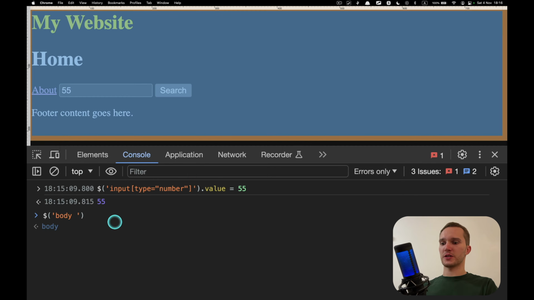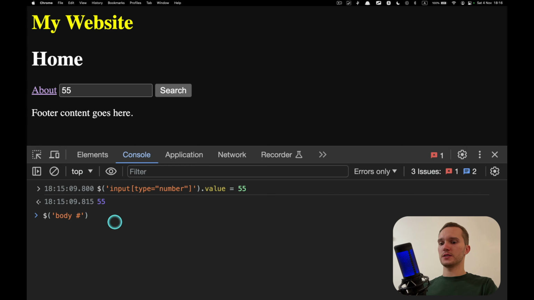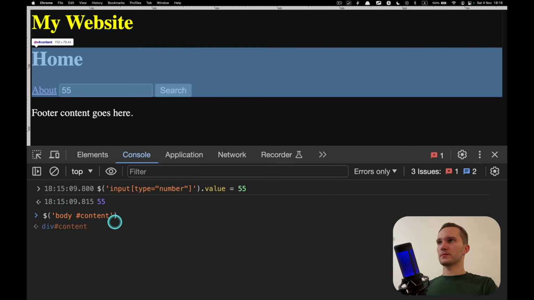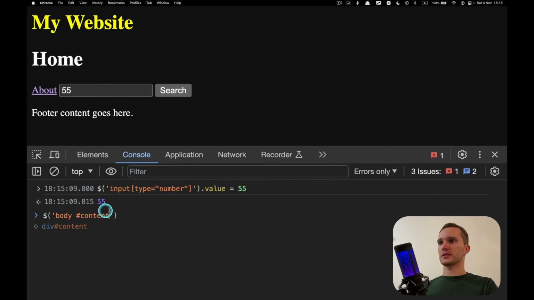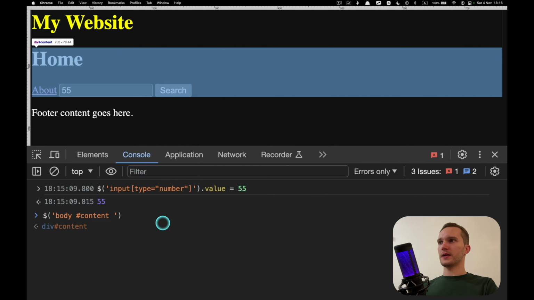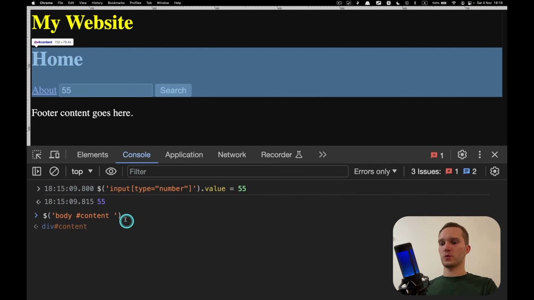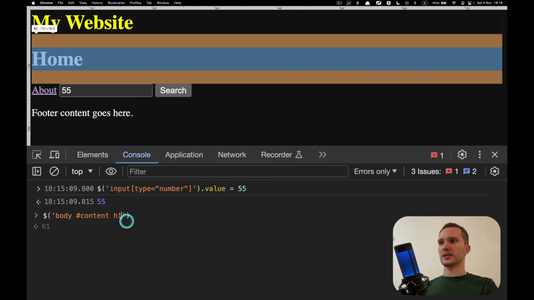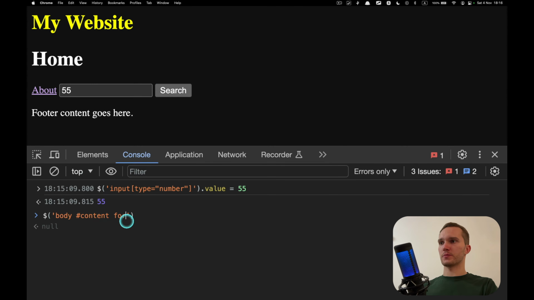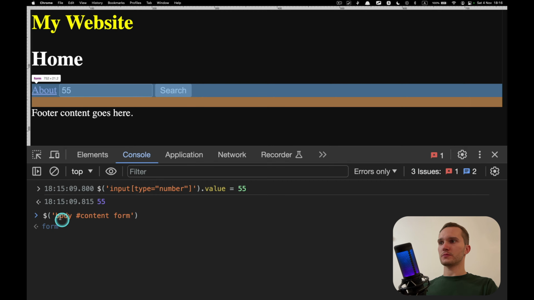There's a special hashtag for IDs, content. So I just selected content. This is what we have in the middle. And now I'm selecting what we have inside of this div with ID content. We have h1, which stands for home, which has the text home. Okay, we selected h1, and we have the form element.